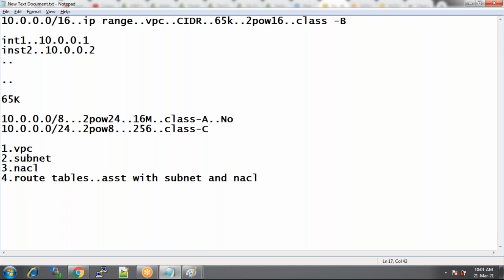Are you going to change the NACL? If you change the NACL, that has to allow SSH, right? SSH from everywhere, or SSH from a particular IP address. But these are private instances. I don't want to provide any SSH rule in the private instances or private subnets. But how are you going to do SSH?